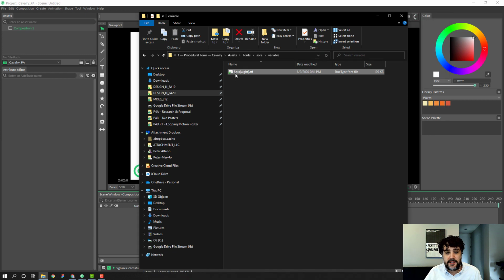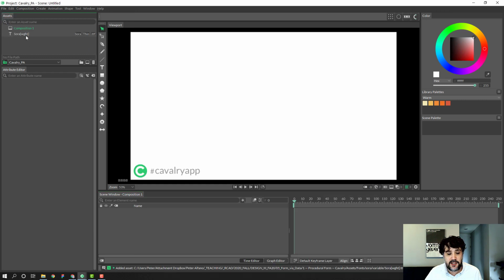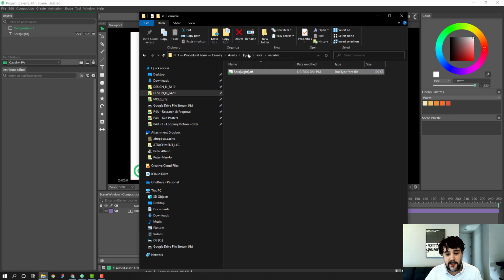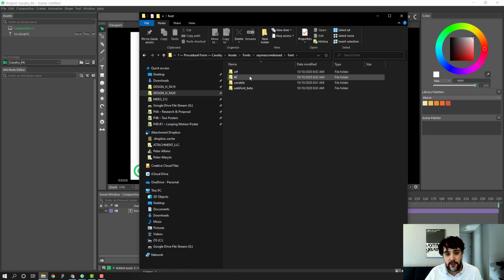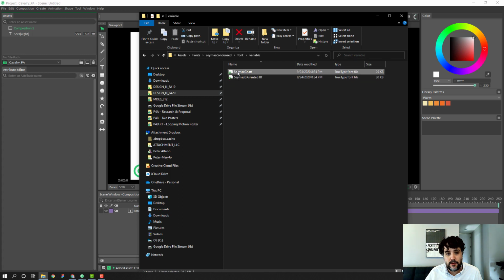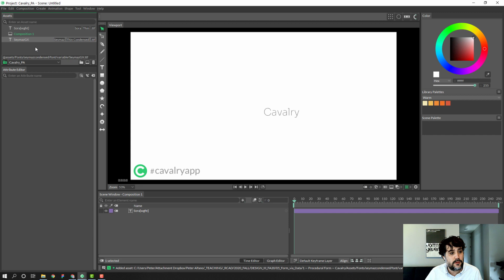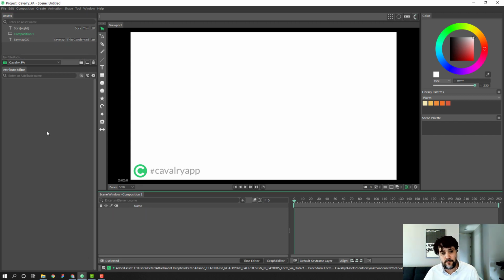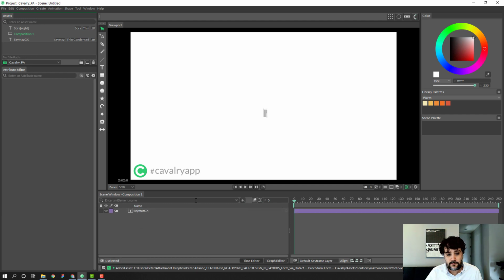Another kind of interesting and nice thing about Cavalry is you can work with fonts without having to install them in your system. So you can add them as assets and then bring them to the timeline, and then the typeface is active. So I grab Sora. I actually want the other one. This one. All right, so if I double click on here,